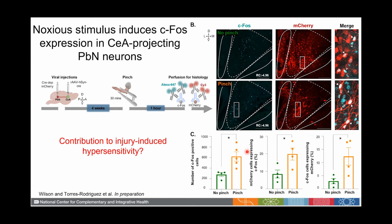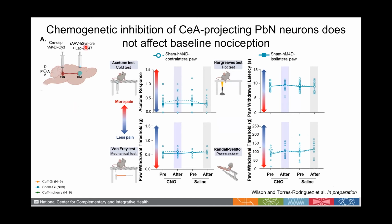So in order to look at the behavioral modulation, now we used a similar intersectional approach where we inject the Cre-expressing retrograde tracer in the CeA, and then, instead of just the fluorophore, we inject the parabrachial with a Cre-dependent inhibitory DREADD. So now when we put in CNO, the neurons that go from the parabrachial to the CeA will be inhibited. And when we do these experiments at baseline, so no injury, what we see, consistent with the work that I showed before from other labs, is that there's absolutely no effect of modulating these neurons. So you can completely get rid of these inputs, and what I call the ouch component will still be there. The animals will still detect the acute nociceptive